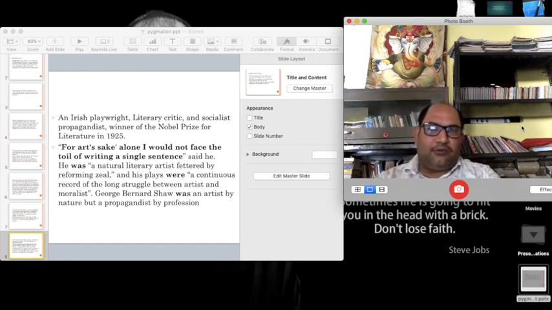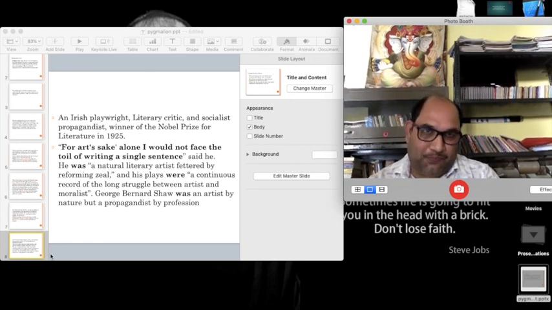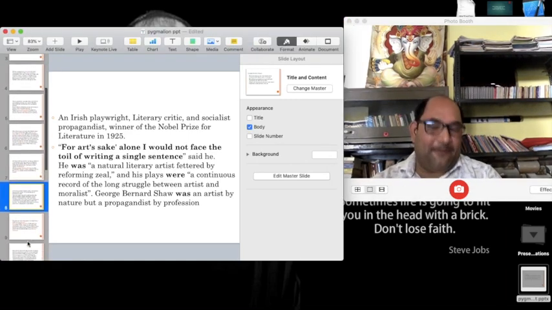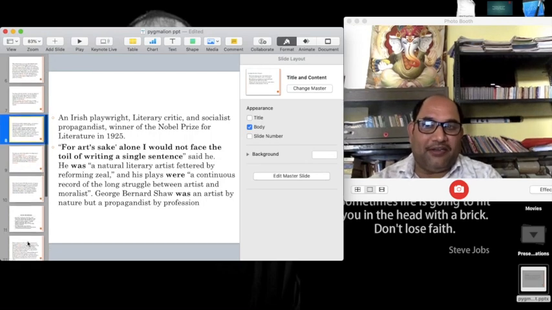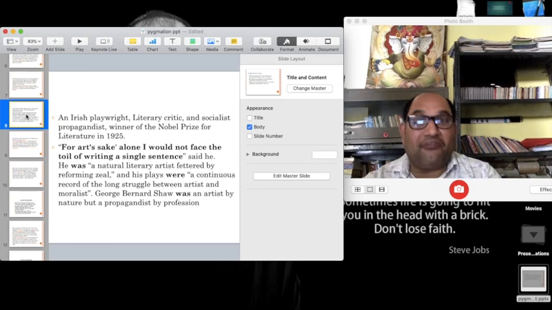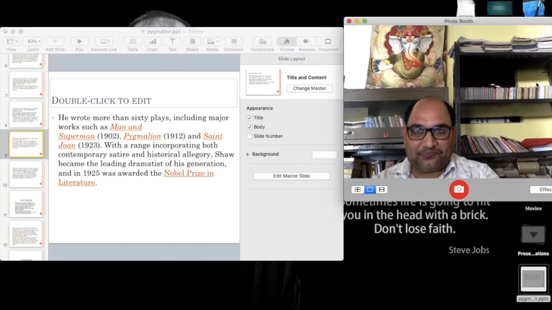Now, Shaw was a natural literary artist, fettered by reforming zeal, and his plays were a continuous record of the long struggle between artist and the moralist. If you want to summarize the personality of G.B. Shaw, you can say that he was an artist by nature, but a propagandist by profession. He was a great iconoclast, image breaker. He wrote more than 60 plays,